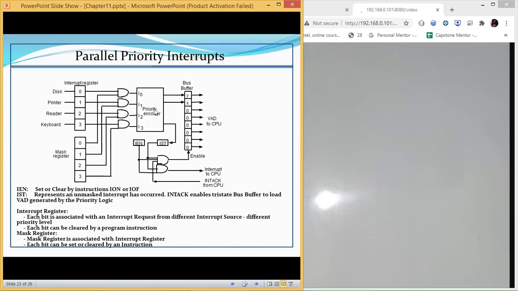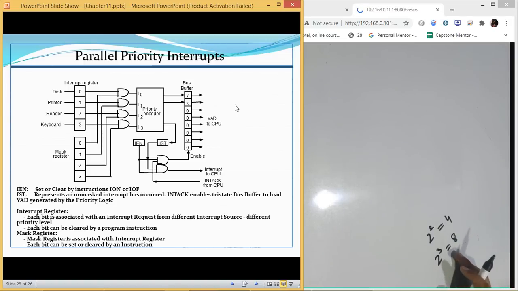If you look into it, it is a kind of encoder, and the name given to it is priority encoder, but it works as an encoder. A decoder simply converts two inputs to four outputs, like 2 raised to the power 2. If we have two inputs, it will change it into 4. If there are three inputs, it will change it into 8.